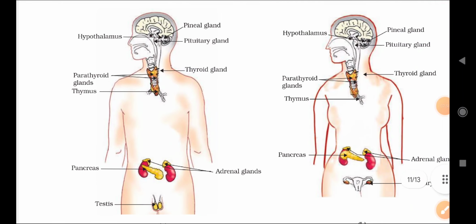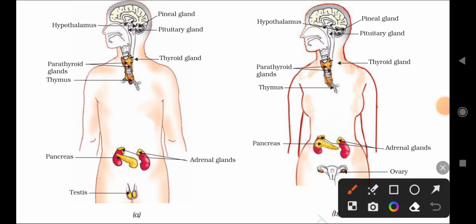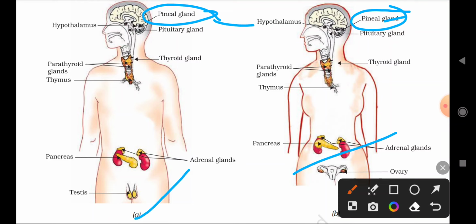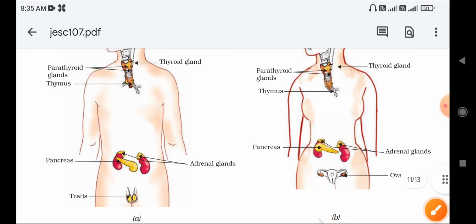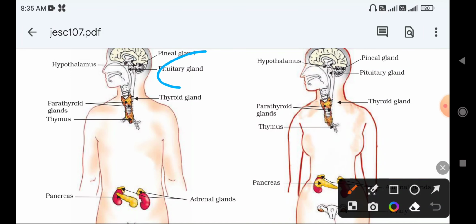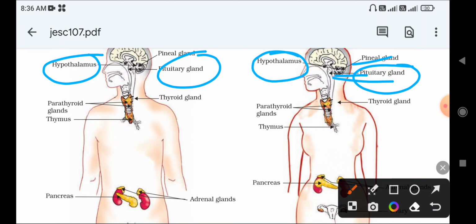Okay, so these are some of the endocrine glands present in the male and female body. This is the pineal gland. This is a male endocrine gland, this is a female endocrine gland. The pineal gland is present in both female and male, and the pituitary gland is also present in both male and female, below the brain. The hypothalamus is also present in both male and female, and